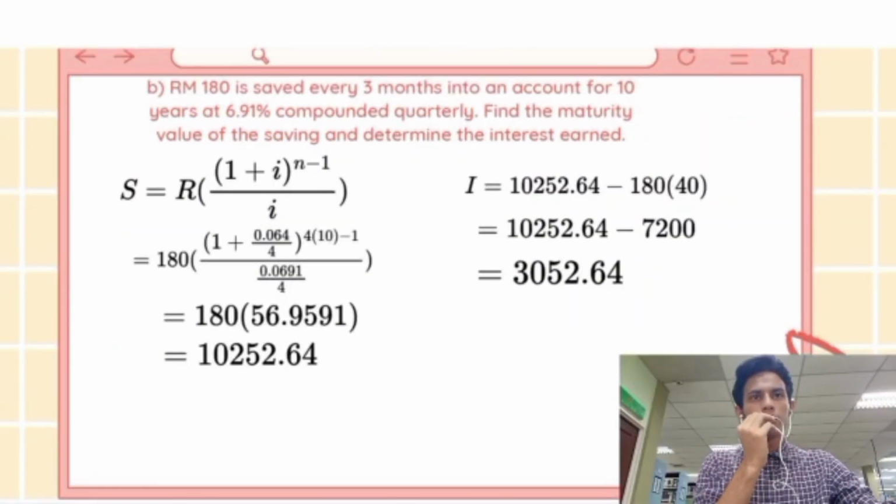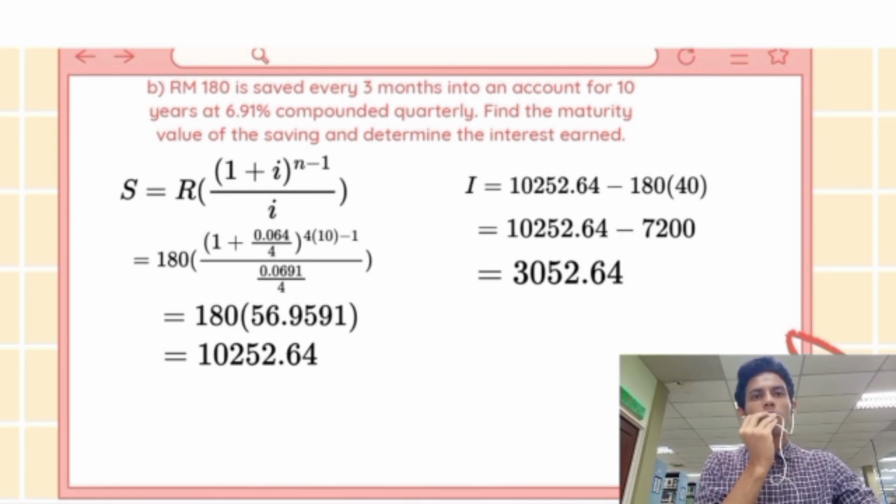Move on to the next question. We need to find the maturity value of the saving and determine the interest earned. The formula is S equals R times [(1 plus i) to the power of n minus 1] divided by i. 180 times [(1 plus 0.0691 divided by 4) to the power of 4 times 10 minus 1] divided by 0.0691 divided by 4,